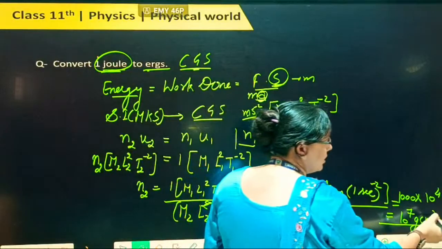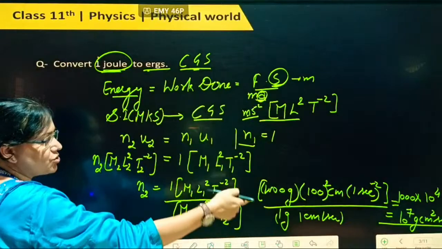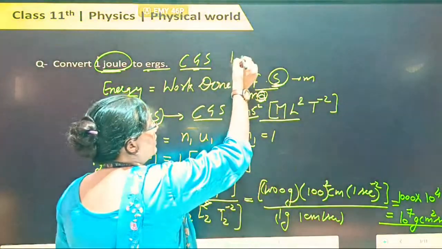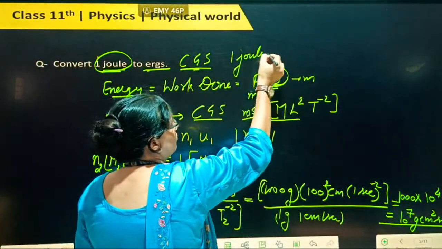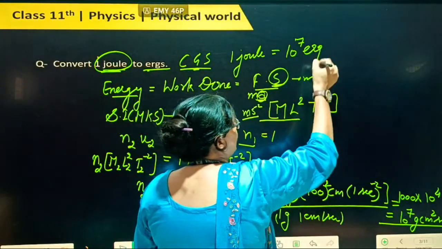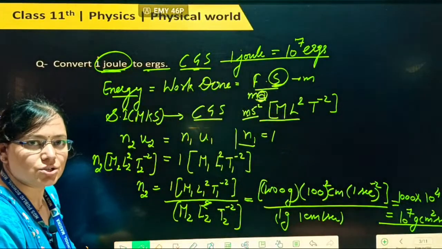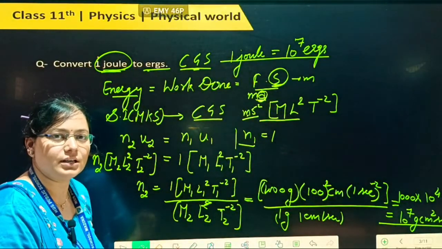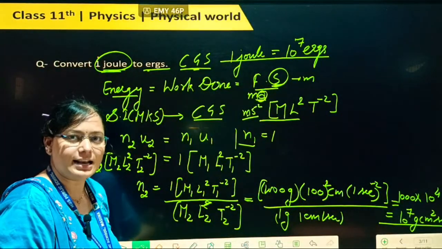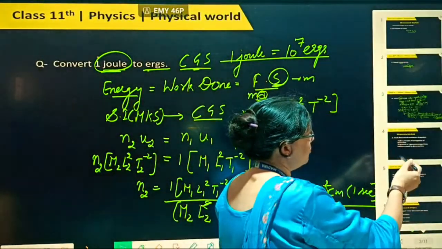Clear to everyone? So this one we converted this energy in the form of CGS. Here comes 10 raised to power 7, then we can write that 1 joule of energy is equal to 10 raised to power 7 in the CGS unit of energy. So this is the first application of our dimensional analysis. If you want to convert from one system to another system, we can apply it like this. Now our next application of this one,